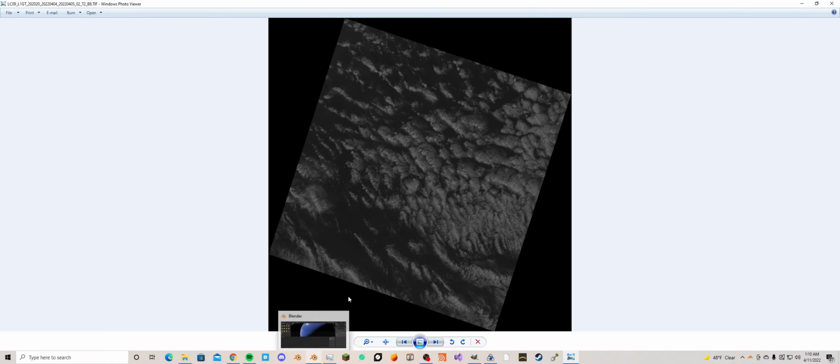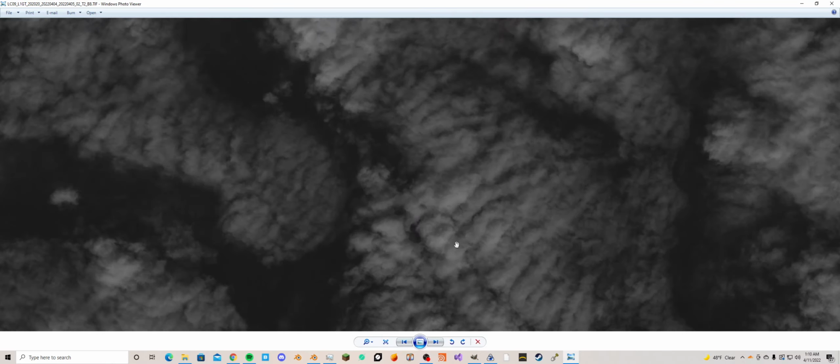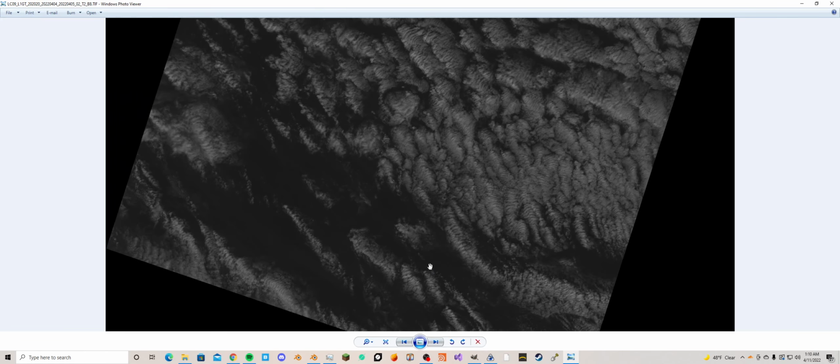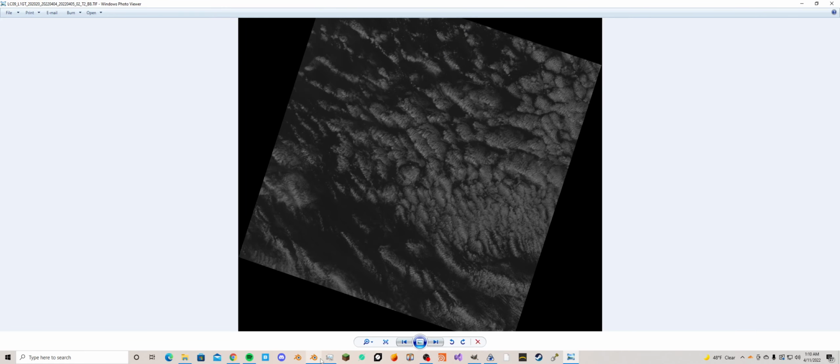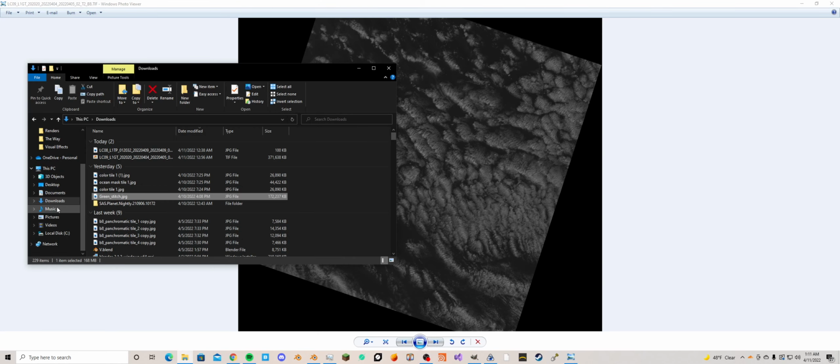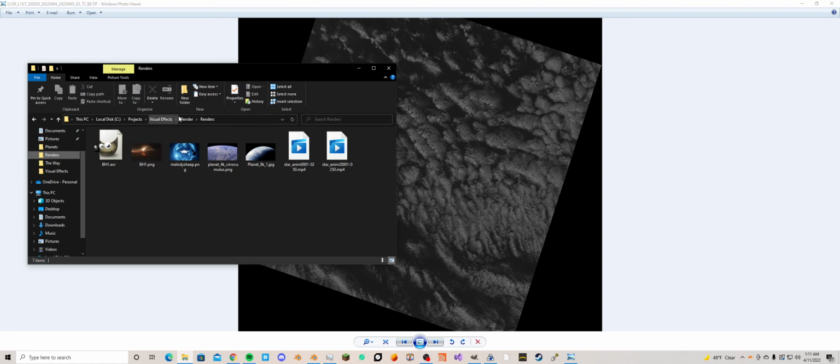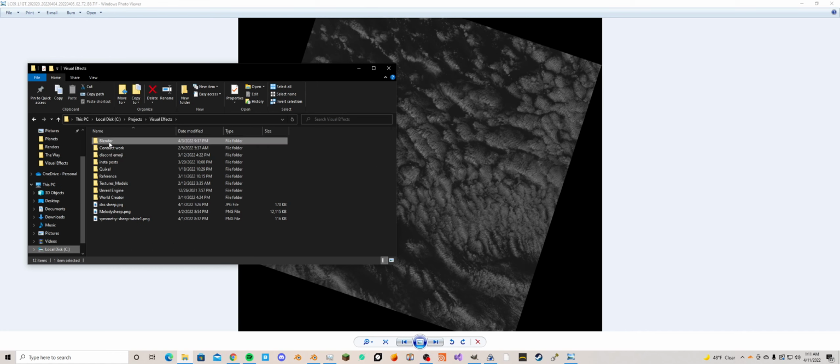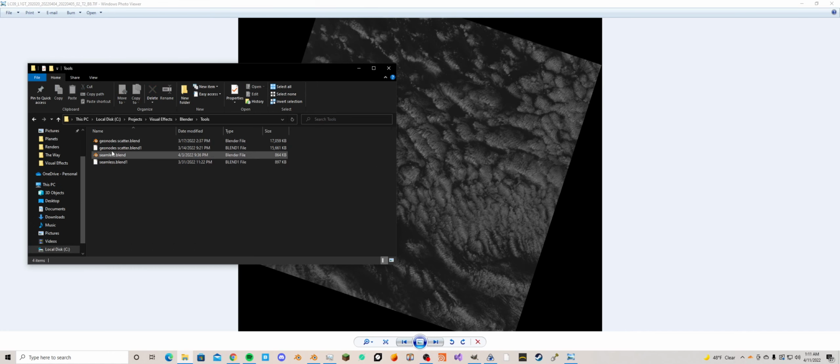So let's open this up. It's going to open up as a TIFF. So we get all this lovely, lovely detail. And what I did in Blender is I made a little jig for, let's see, so download, visual effects, Blender, tools,